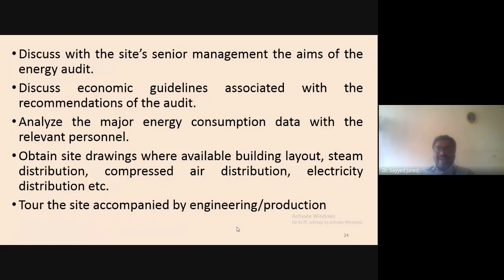Tour the site accompanied by the energy production. This is some site preparation we are prepared. First, discuss with the site senior management the aim of the energy audit. For example, we have to explain about the